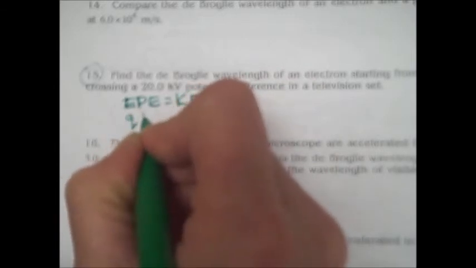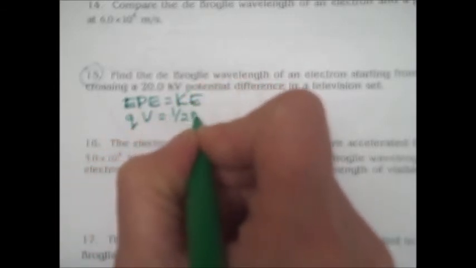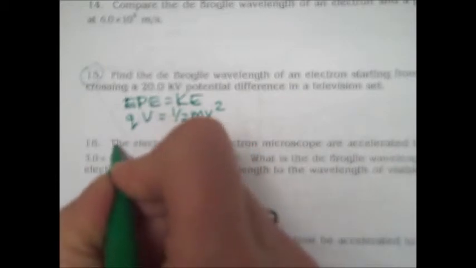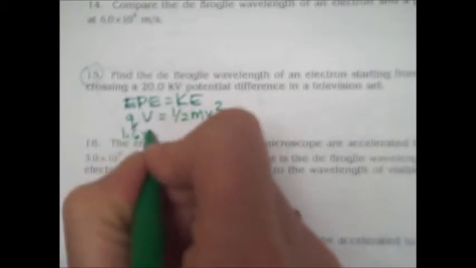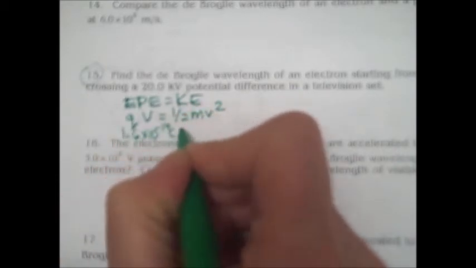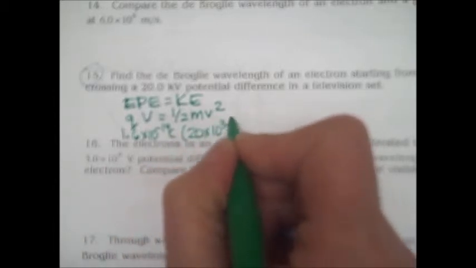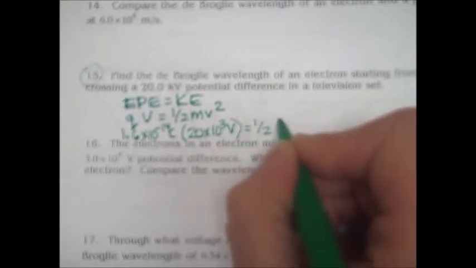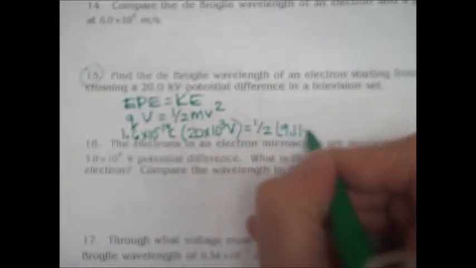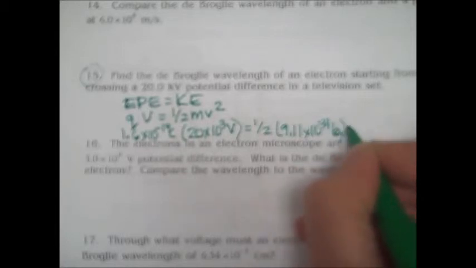So QV equals 1/2 mv squared. It's 1.6 times 10 to the minus 19 coulombs times 20 times 10 to the third, because it was kilovolts, equals 1/2 times 911 times 10 to the minus 31 kilograms times v squared. From that I'm able to solve for the velocity to be 8.38 times 10 to the 7th